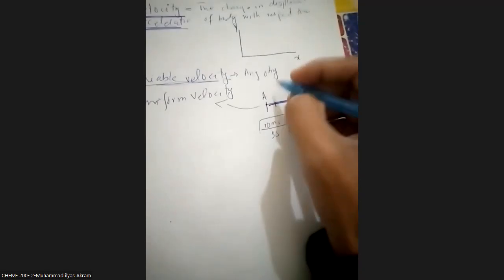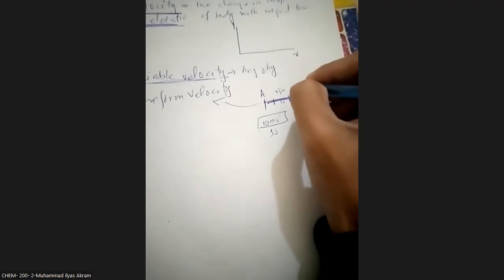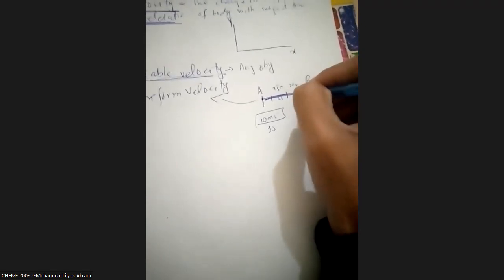While if it covers 10 meters in 1 second and 15 meters in 2 seconds and 20 meters in another second, this will form variable velocity. The graph of uniform velocity will be like this,